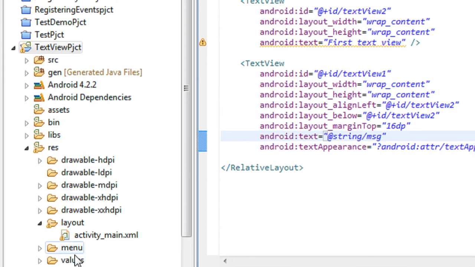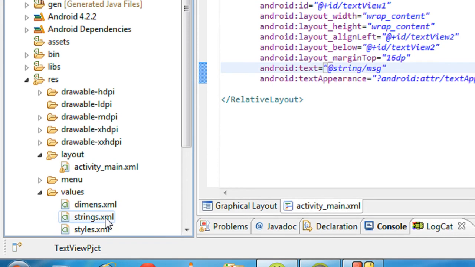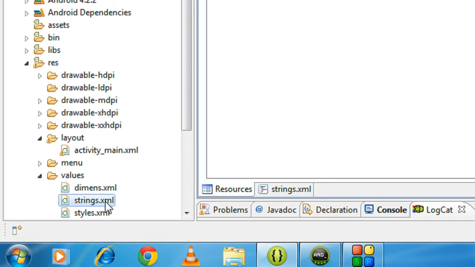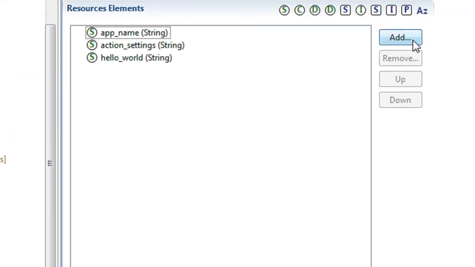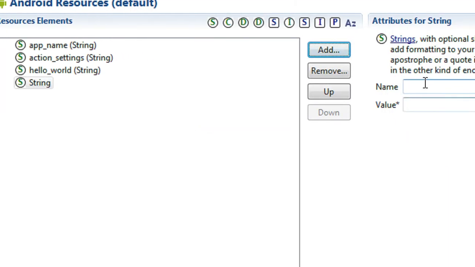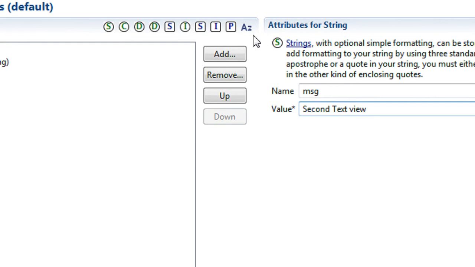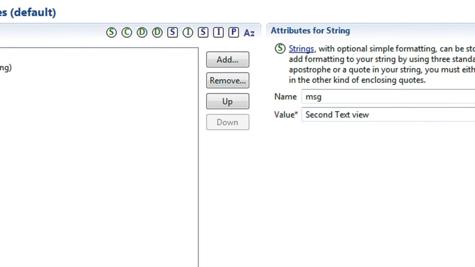Go to the values folder, and in that folder you can see that a string.xml file is present. Open it and click the add button. Here you have to add a string resource and specify a name. Here the name is MSG and the value is second text view. I save it again.